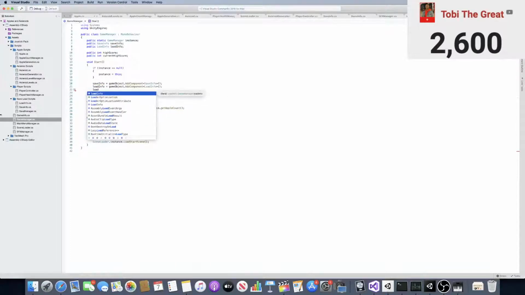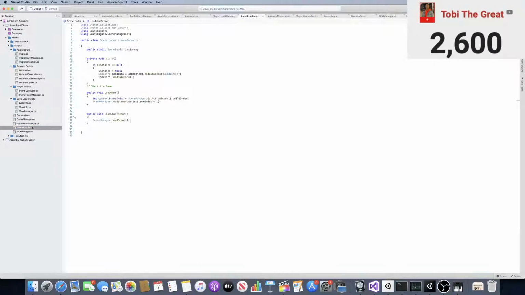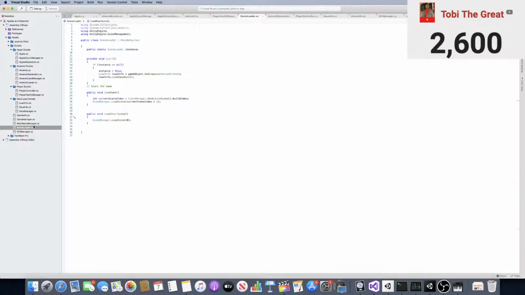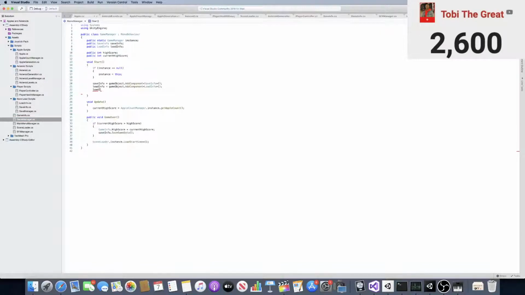Wait, actually, I think I loaded already in the main menu, right? Oh wait, what? Scene loader? I'm trying to see. I think I already loaded the games in one of these scripts. I'm gonna find it. Oh, did I not? Oh, maybe that was my issue, that I never loaded the game. So your high score is never transferred between different playthroughs. So load info dot load game data,